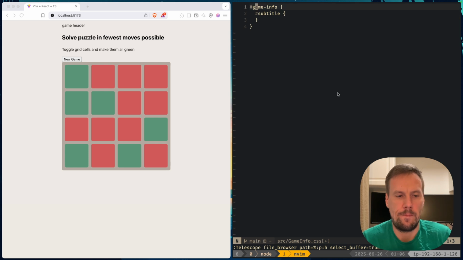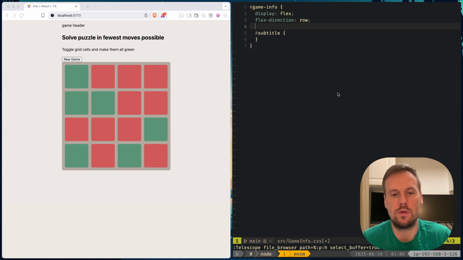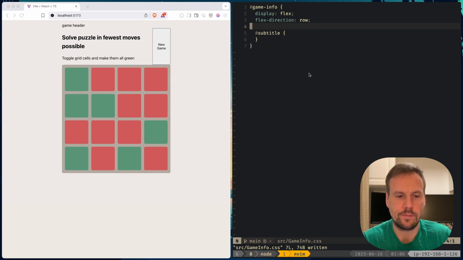Subtitle. Alright, first of all, GameInfo is going to display flex. Flex direction is row. We want our div and the new game next to it, like that. Next we need to adjust some sizings on h2 probably. Font weight bold,